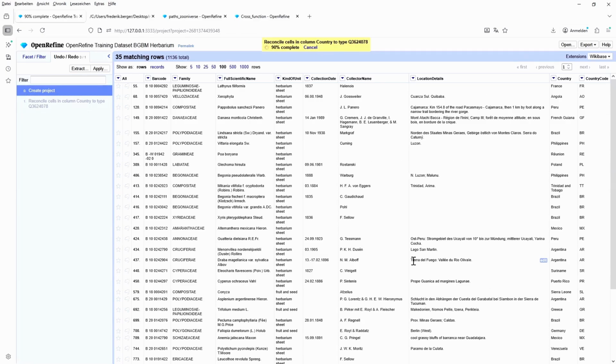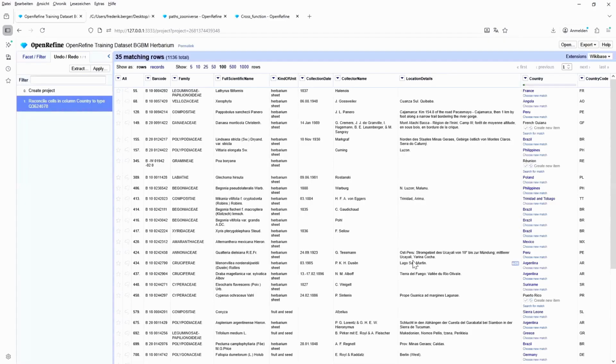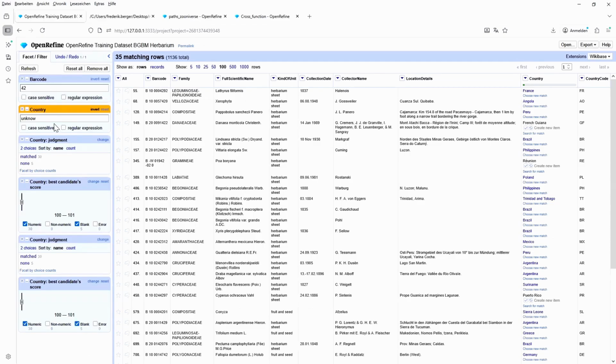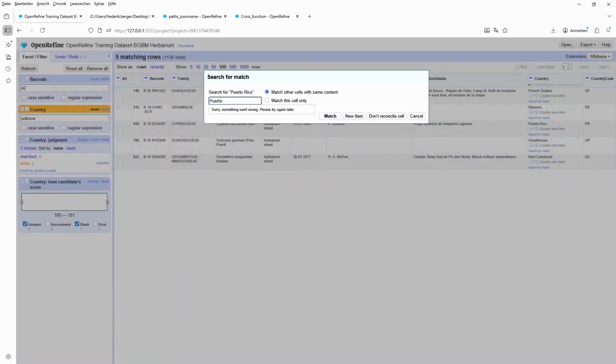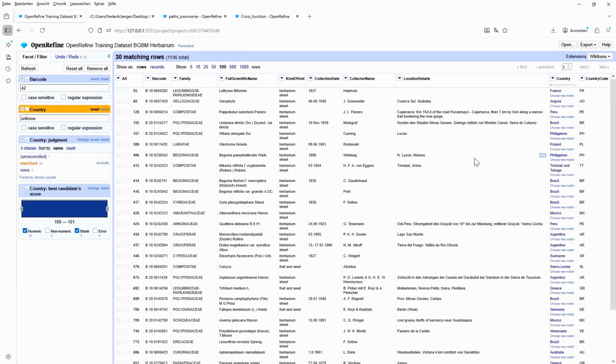So it looks for the name of the country, plus it checks for the country code. And as expected, this looks already much better. We have much more reconciled data than before. Puerto Rico should be on Wikidata. So usually here shows up a QID or a data item, and you can just match it. Having a look at the matched data,